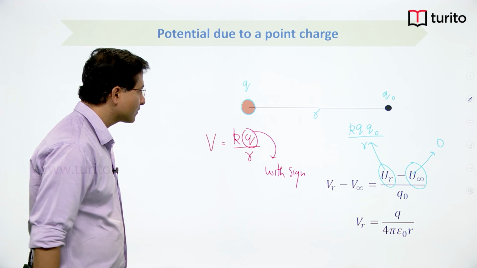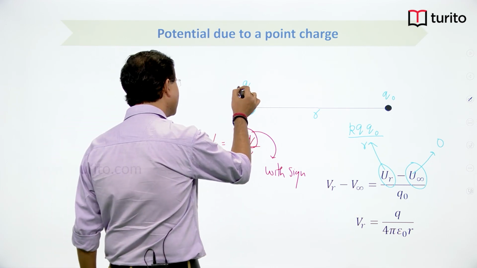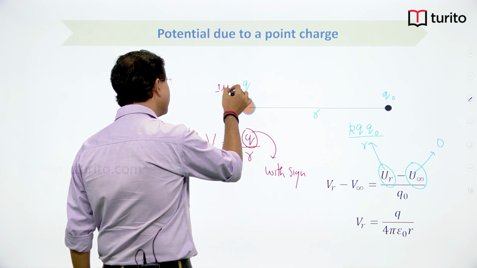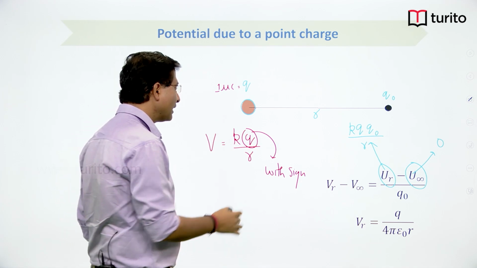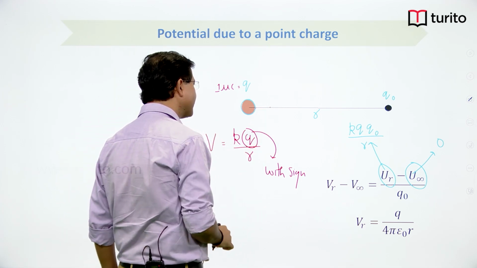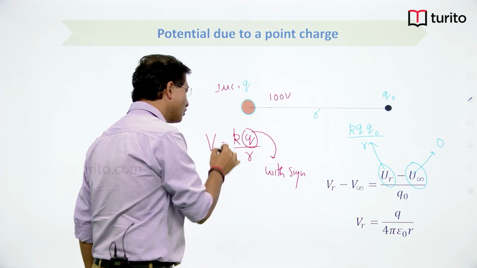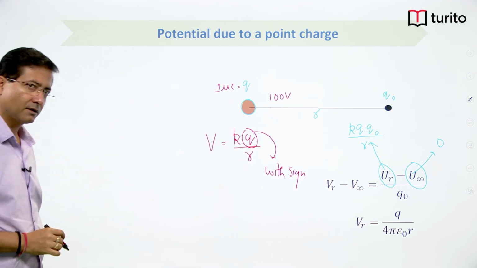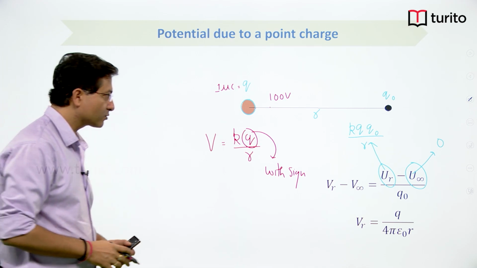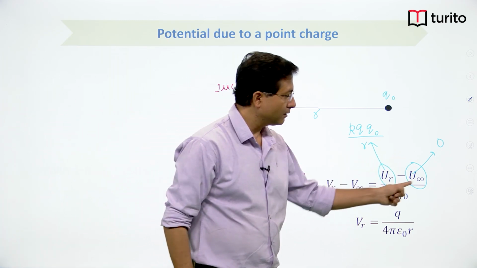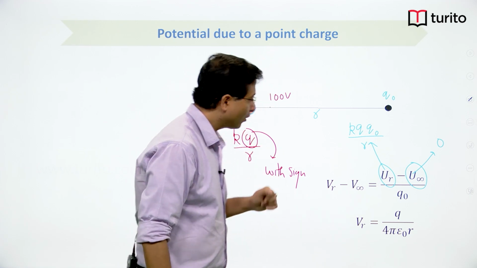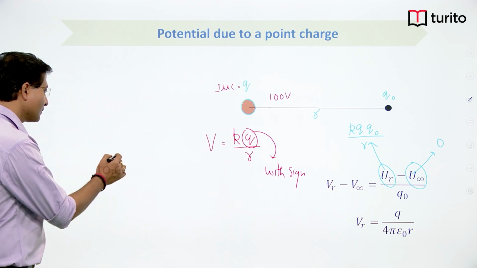If I assume that this is say 1 microcoulomb, and somewhere here you are getting potential 100 volt, the unit of potential is volt, or I can also write joule per coulomb,